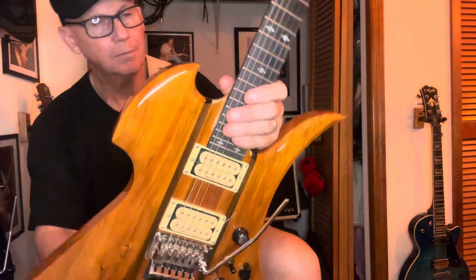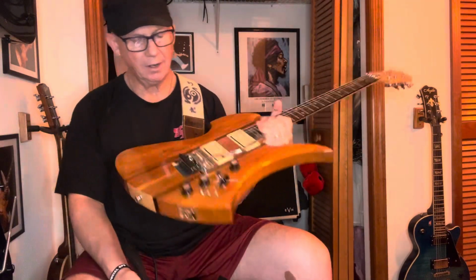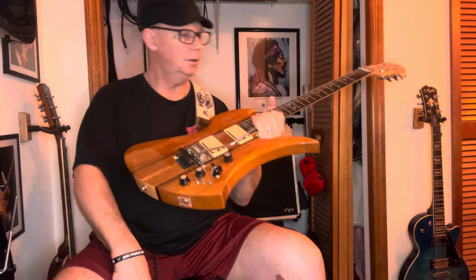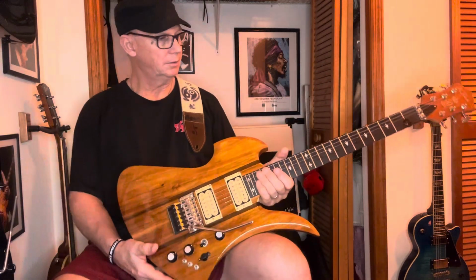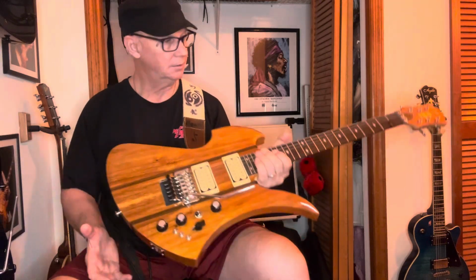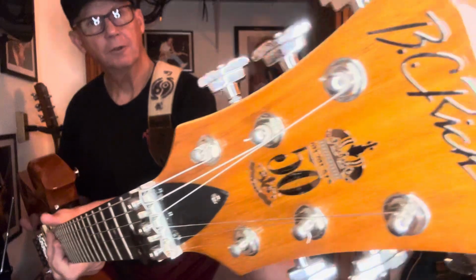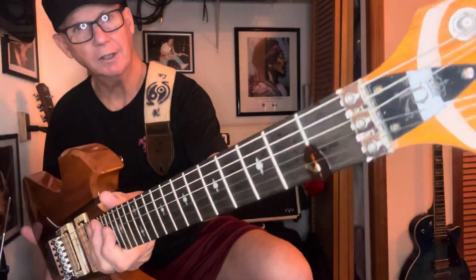That's what they call it. So the weight of the guitar is probably equivalent to a nice Les Paul. I'd probably say a good 9 pounds. That's the headstock, 25th anniversary, BC Rich. You can see the little